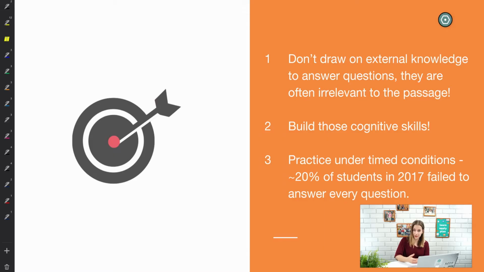And leading on from this, working on these cognitive skills is really going to be important. So your ability to infer from what the author has said. They've given you a series of statements, so being able to make the inference about what the next logical step would be, or about what they aren't saying that is still relevant to the text. So reading between the lines a little bit.